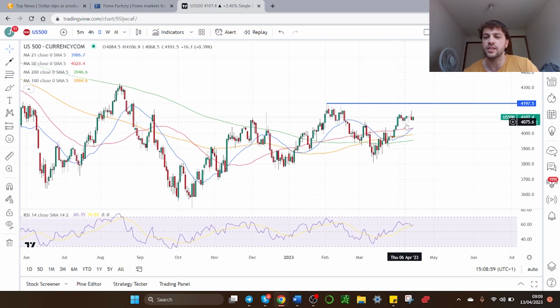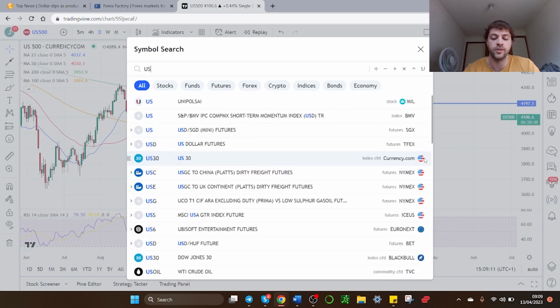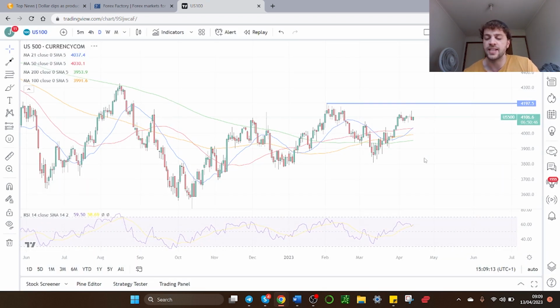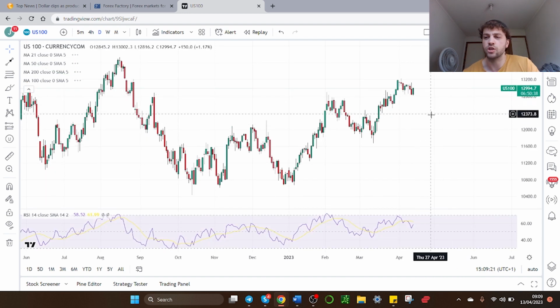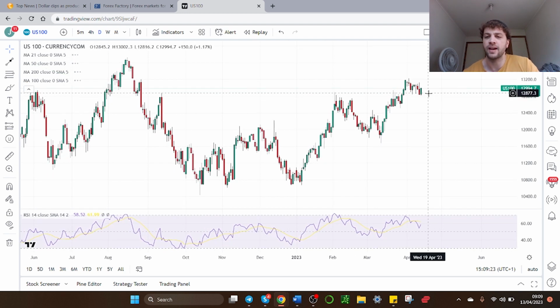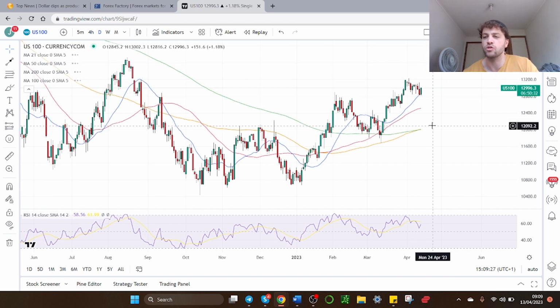With the dollar coming under pressure and yields within recent ranges, you can see that stocks have just really remained quite range bound this week, which was kind of surprising, to be honest. We've had some very important data releases, but the S&P 500 is around 4,100, within recent ranges. The Nasdaq as well is within recent ranges. It's just below 13,000, having swung between about 12,800 and 13,200,